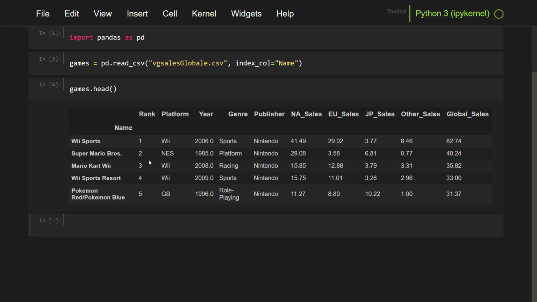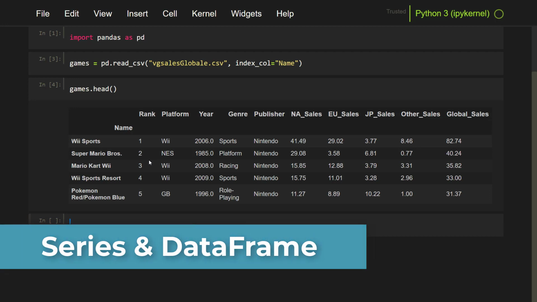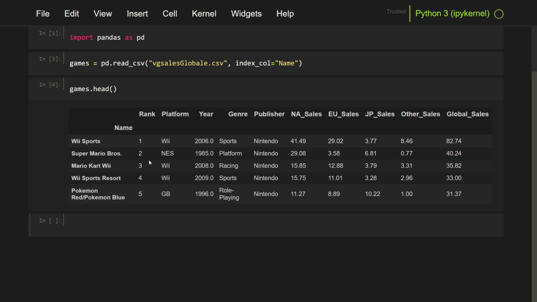The dataset consists of rows and columns. There are two data structures in Pandas. These are Series and DataFrame. A data structure consisting of rows and columns such as Excel is called a DataFrame. And a data structure consisting of a single column is called a Series. A DataFrame can include different data types such as numeric or categorical.